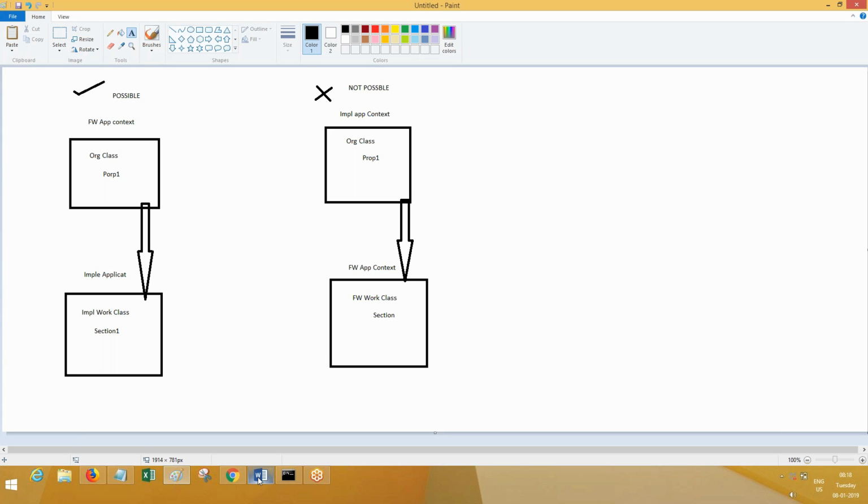So here what I mean to say is you should not think that every rule that is available in organization is available to access for implementation. While you migrate the application, those rules will not be moved. So while creating the rules, you have to think about both. It is not only runtime, it is also migration. If you are packaging and sending it to the next level environment, should this rule be part of the product of framework, or should it be part of the product of implementation?